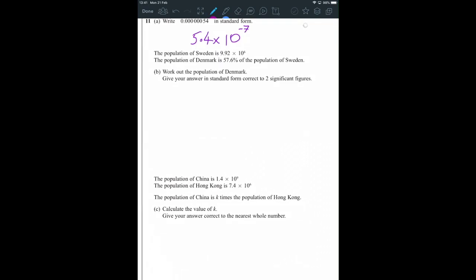The population of Sweden is... Denmark is 57.6%. So the population of Denmark is going to be our Swedish population, and then to find 57.6%, I'm going to multiply by 0.576 in my calculator, using the times 10 to the power button to make it easier to type this in. We're getting a horrible non-standard form number. The question wants it in standard form to 2 sig fig, so I use 5.7, and then it's